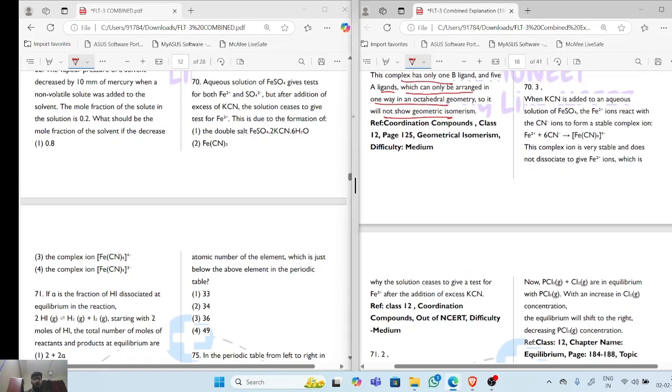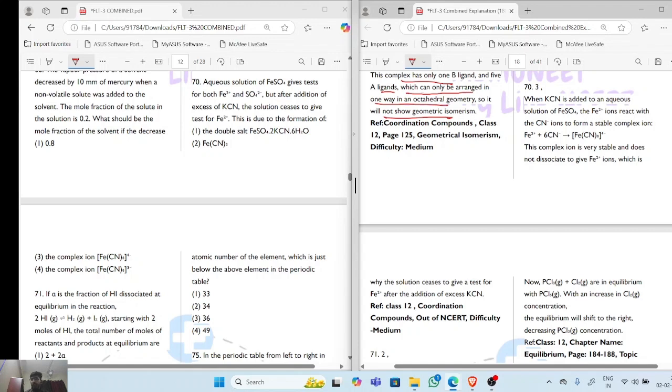Now comes to question number 70. Aqueous solution of FeSO4 gives the test of both Fe2 plus and sulfate 2 minus, but on the addition of excess KCN, the solution ceases to give the test of Fe2 plus. This is due to the formation of, okay,